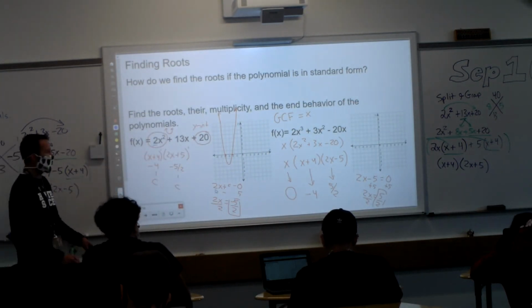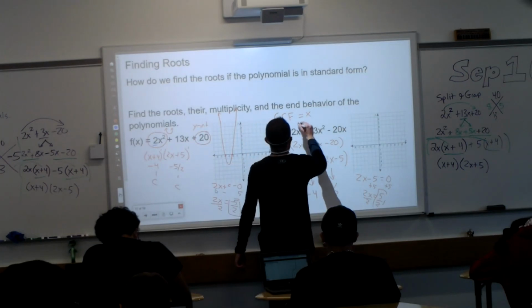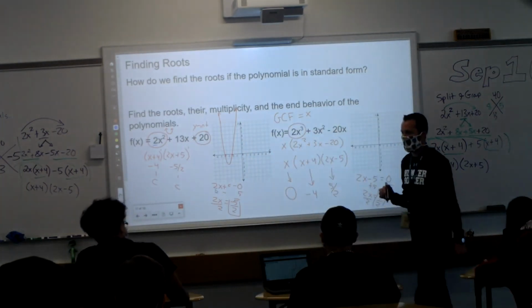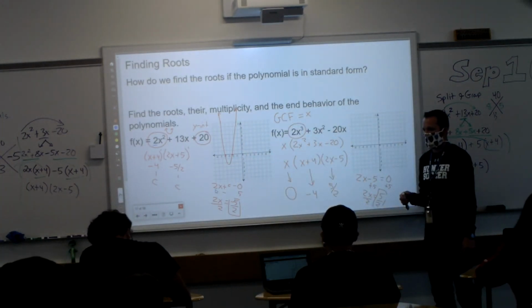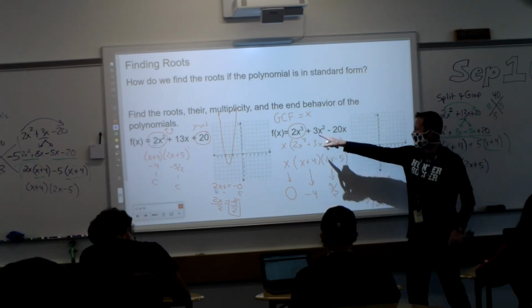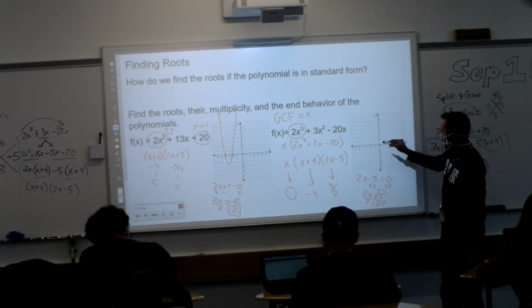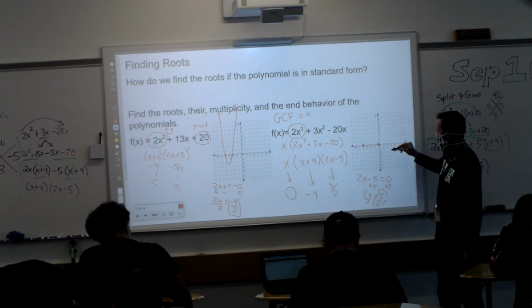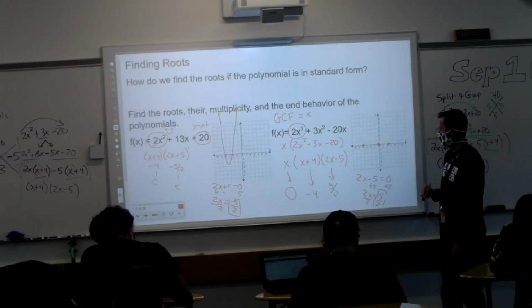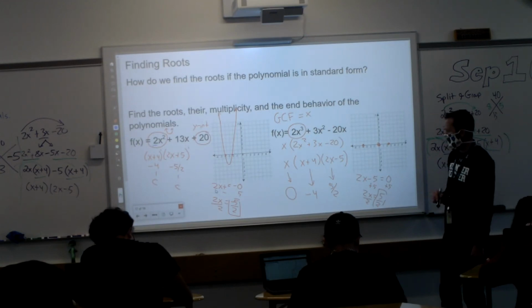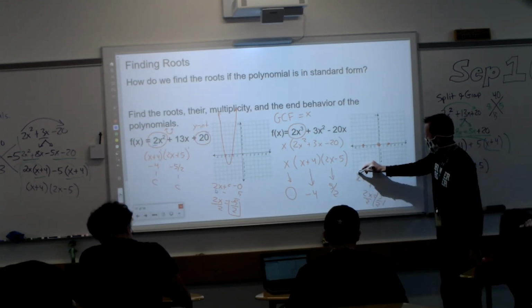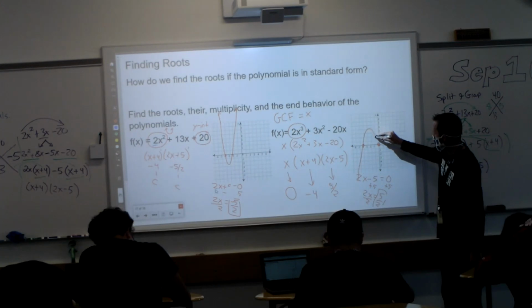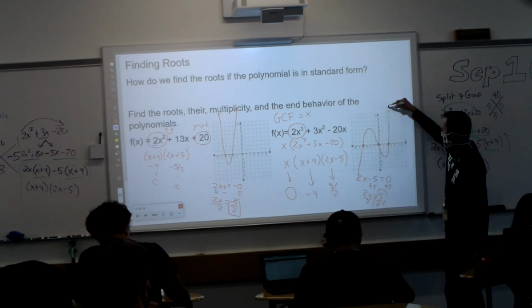Braylon, help me out on this one. If this is my first term, what shape does that make? It's going to be an S because it's odd and positive. Good job. And then we'll have x-intercepts at negative 4, 0, and 2.5. So then, if we just connect the dots, it's going to start at negative infinity, come up, go through our 3 x-intercepts,